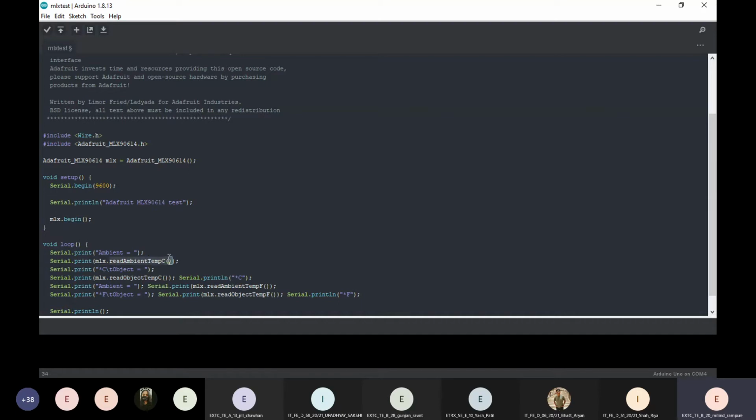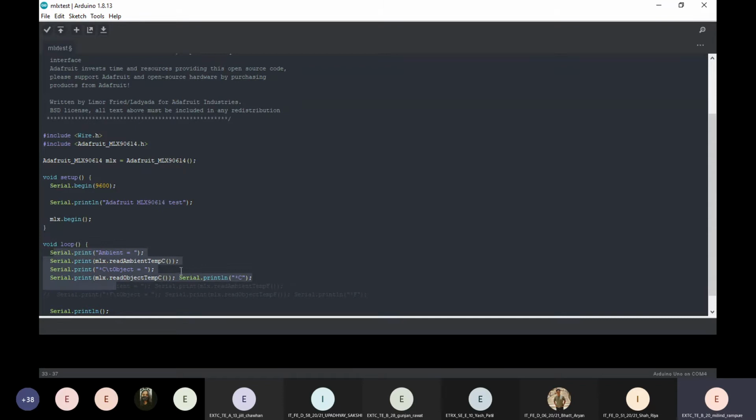This function gets the ambient temperature in Celsius, so we write temp C. If we write read ambient temperature in Fahrenheit, temp F with capital F, that will give the output in Fahrenheit. For now, I will comment out these lines, so we are only getting the output in Celsius.